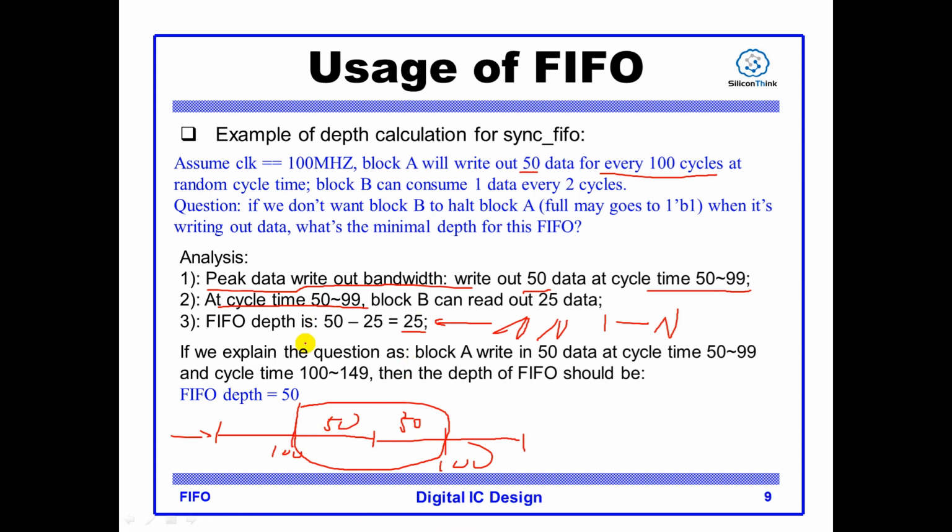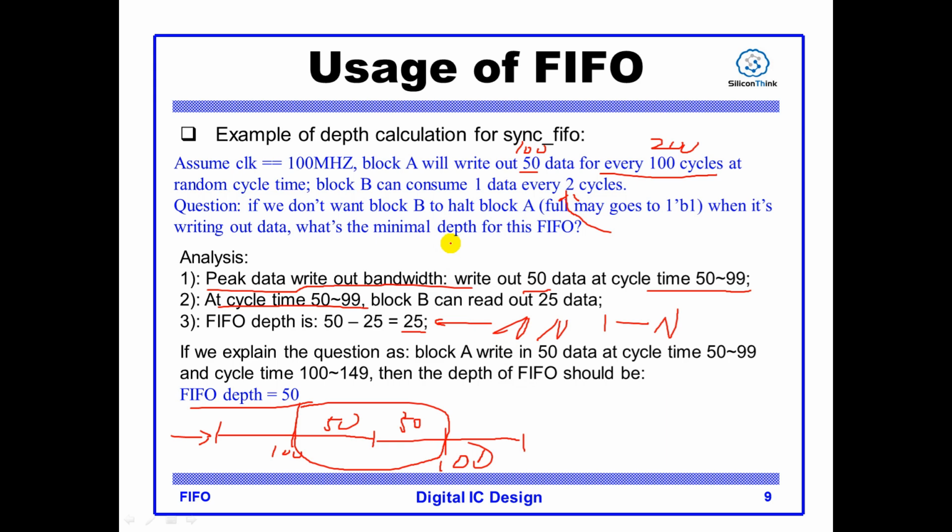So if we explain the question in this time format, the depth will be 40. Or you can see, if you give the figure in this format, you have to change the question to block A will write out 100 data for every 200 cycles. Yeah. Okay, you can say that this is just a trick of words, but it gives us a hint that